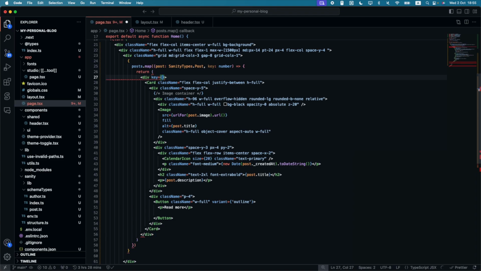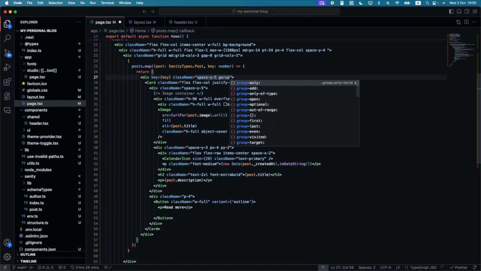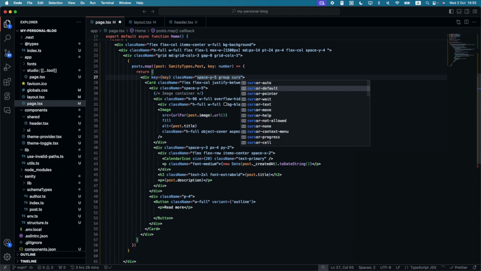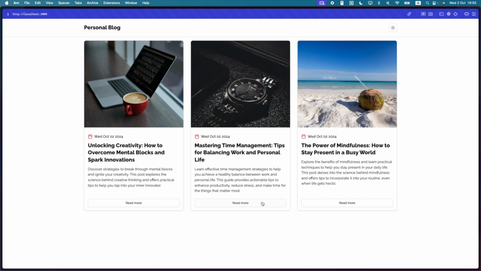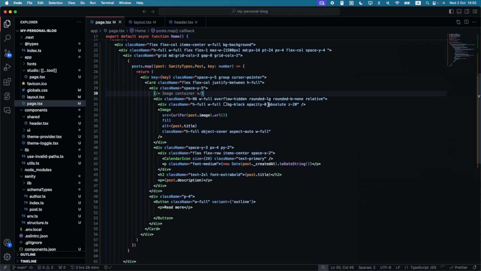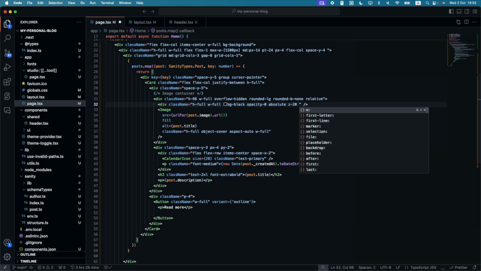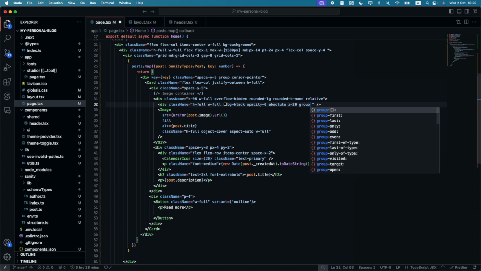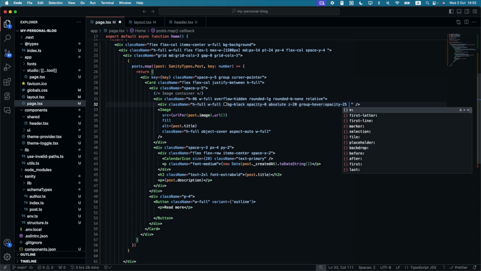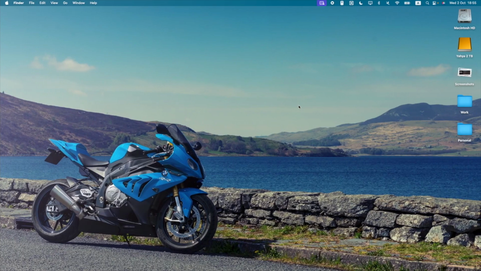Add the key property of key, class name, space-y-5 of group, cursor pointer, okay, of group, and group is going to allow us to use the group hover. So if we go into our child component of the overlay and we added group hover opacity 25, we can see now